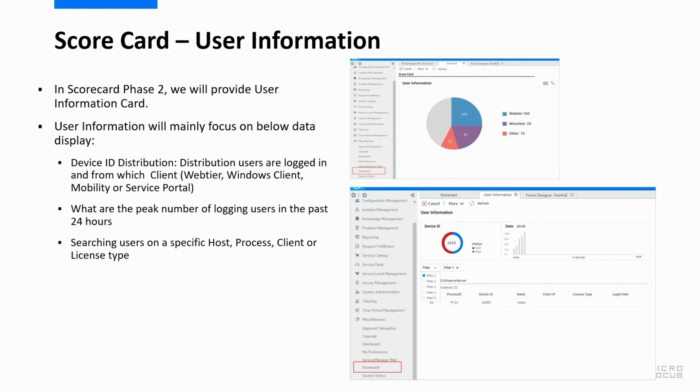And another change or improvement is around the scorecard. I suppose you are aware that in Service Manager 9.70, we delivered the first phase of the scorecard. At that time, in Service Manager 9.70, we mainly focused on providing real-time and visualized SM server health information, like server status.